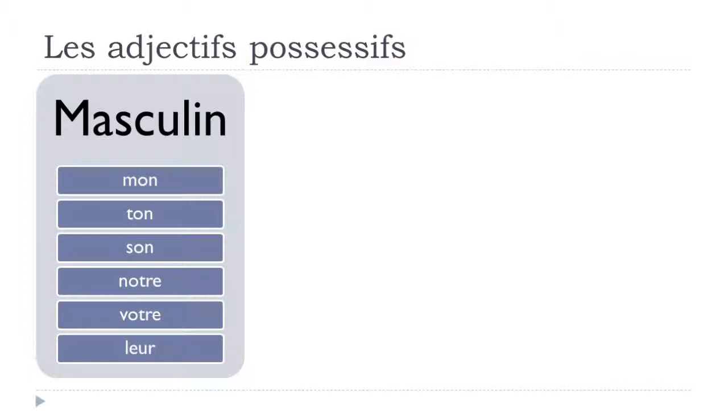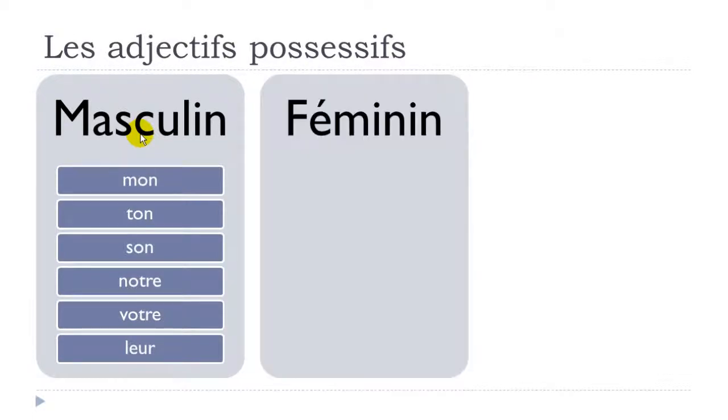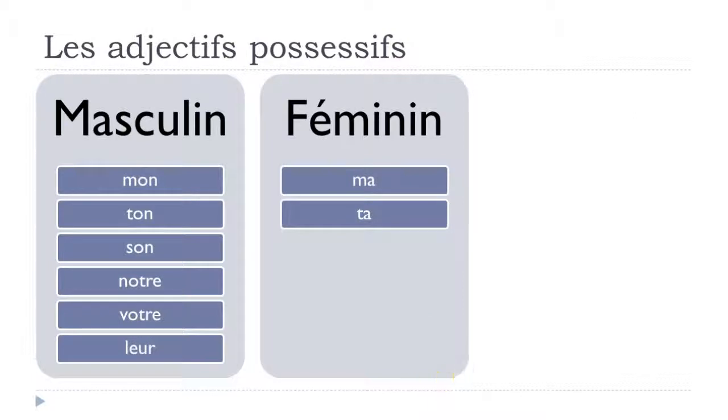It's quite important to remember that, because it will be really important for the decision whether you put the masculine or the feminine or the plural form. So we saw first down here the masculine form. Let's check the feminine form, and it's ma, ta, sa. You can see differences, but still, it works like M, T, and S. So mon, masculine, ma, feminine form, ton, masculine form, ta, feminine form, son, masculine form,